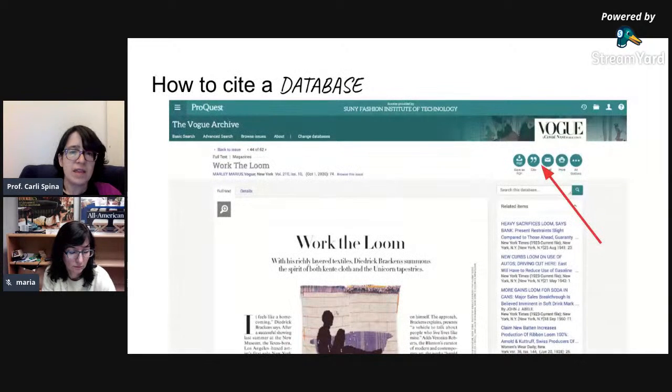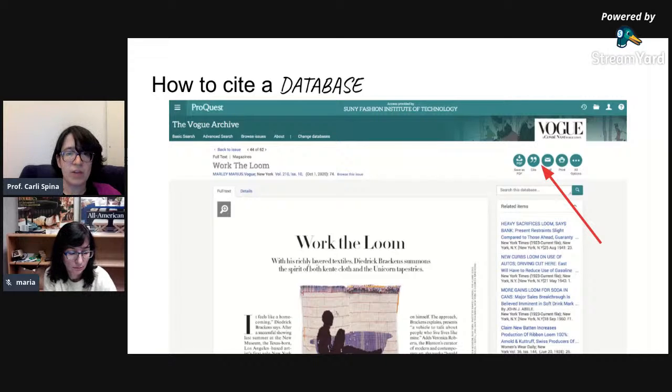You'll see that in our ProQuest databases, I'm in the Vogue archive right now, but this is also the system and style used for a number of our databases. In fact, this exact style is used for Harper's, the Women's Wear Daily archive, and the Vogue Italia archive. ProQuest also offers some other resources that we have access to that have a similar platform. And within this, you would find something that you're interested in.